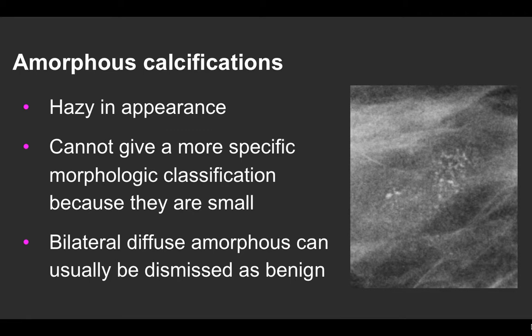Amorphous calcifications are hazy in appearance, and they're so small that you can't really give a more specific morphologic classification. If they are bilaterally diffuse, they can usually be dismissed as benign. However, the positive predictive value of malignancy for amorphous calcifications is approximately 20%. Therefore, calcifications of this morphology should be placed into the BI-RADS assessment category 4B. So we'll talk about BI-RADS assessment categories a little bit later, but 4B